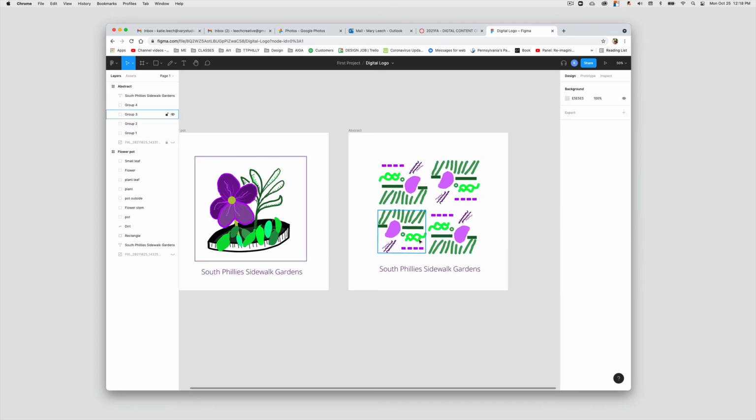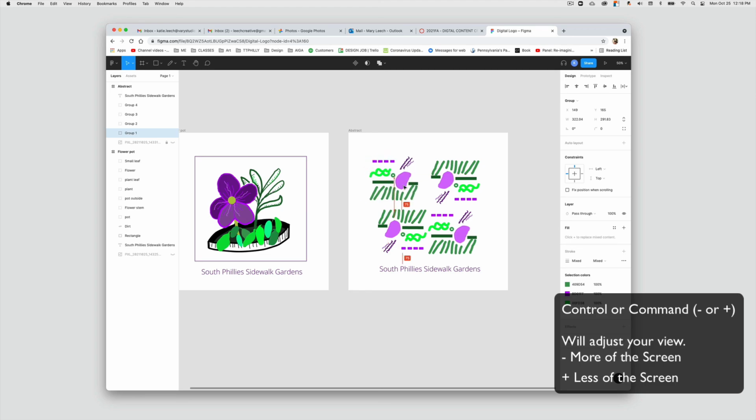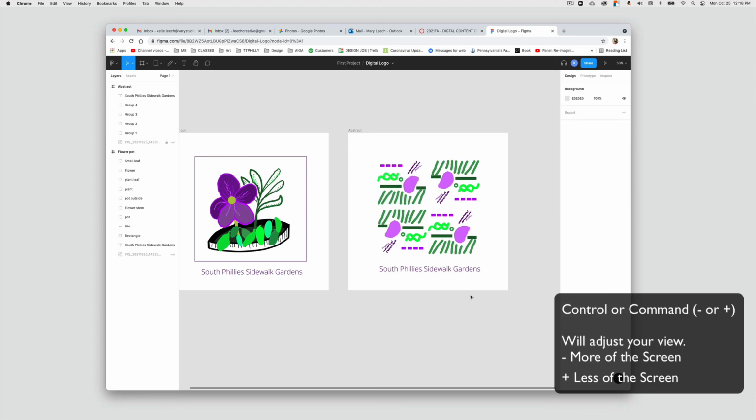All right, so I have a pattern logo. One of these could be the pattern. One of these could be the actual logo. I can put them together as a pattern. I can change the color out. I can make it even bigger pattern. You can see how this could grow and become more